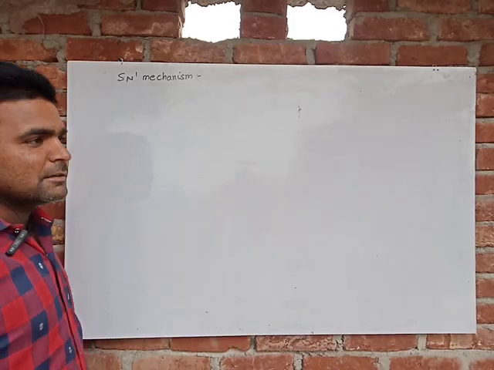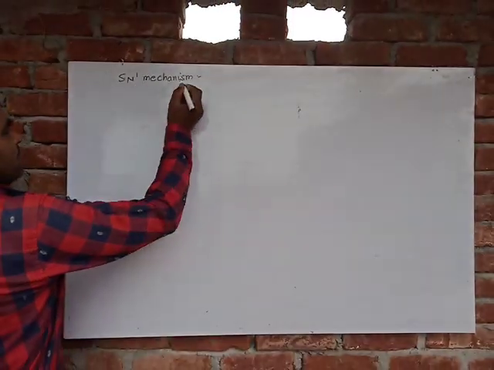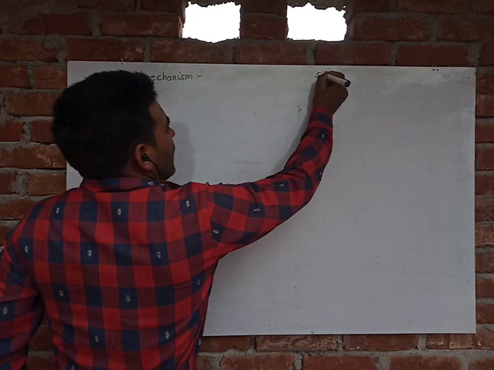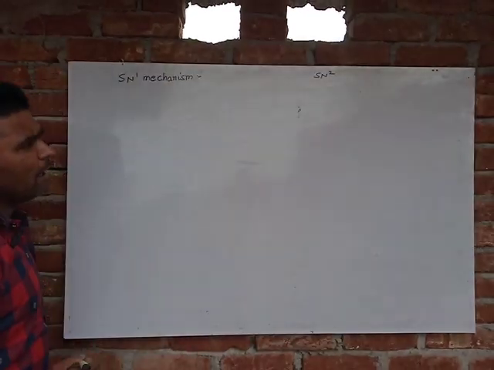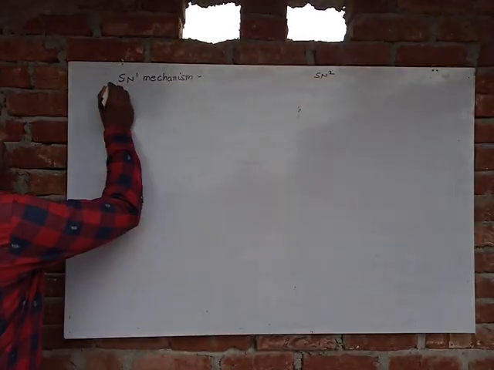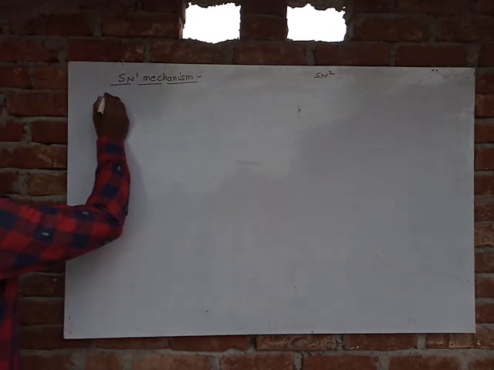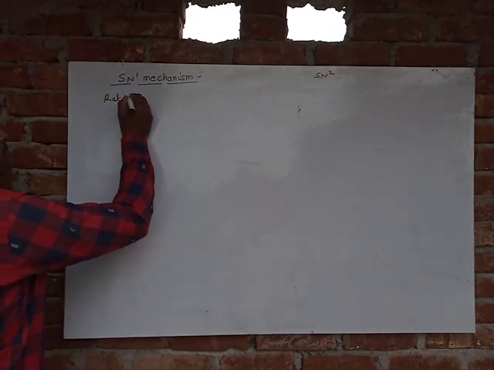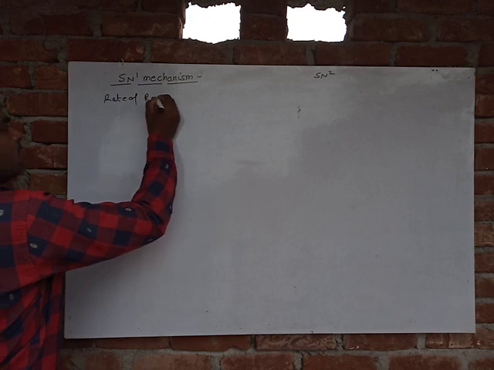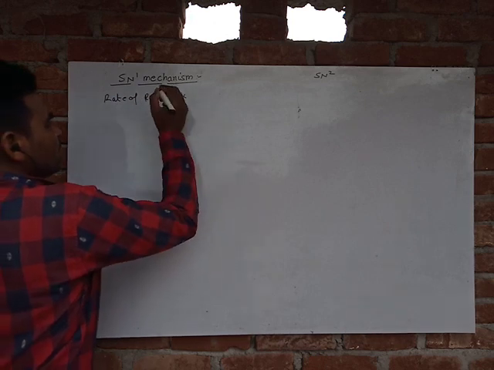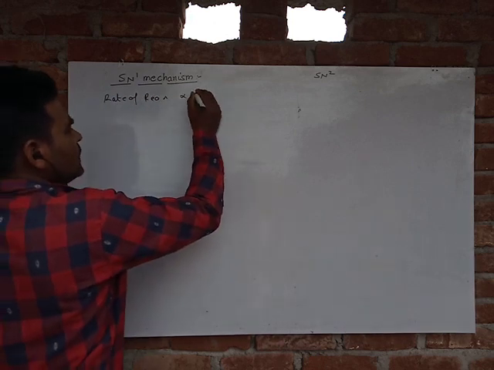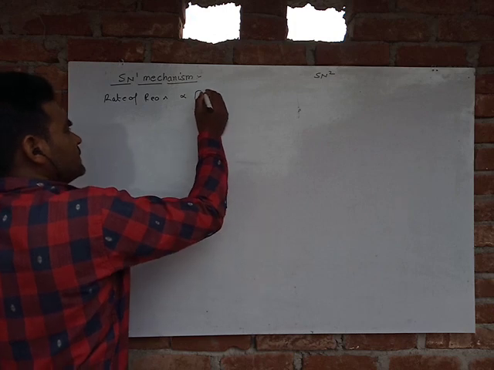Good morning, students. In the previous class, we discussed the SN2 mechanism of haloalkanes, and today we discuss the SN1 mechanism of haloalkanes. We know that if the rate of reaction is directly proportional to only one reactant, that is RX,